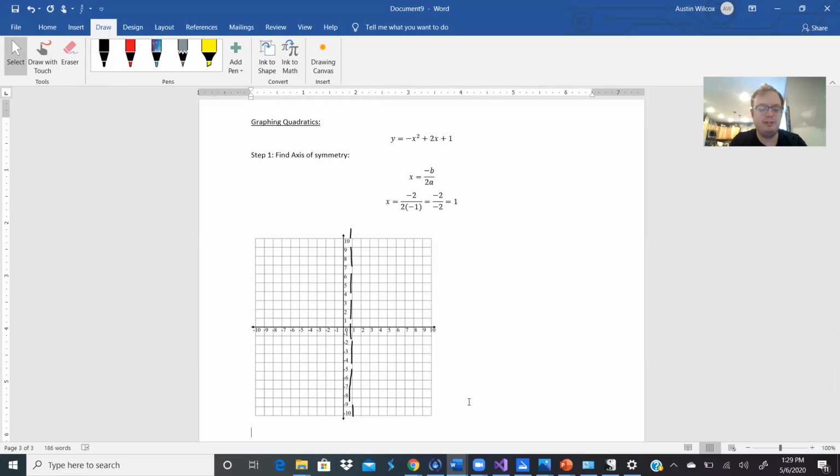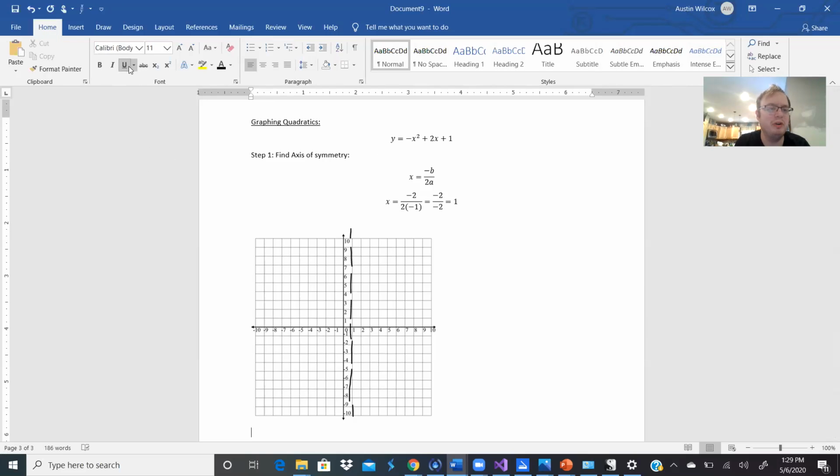At this point, step 2. Actually, I can't remember if I did this exact problem for your study guide, but if I remember, having an x equal to 1 is not always going to be like that. It just kind of is a coincidence. But step 2 is find your vertex by plugging in your axis of symmetry in for x in your original